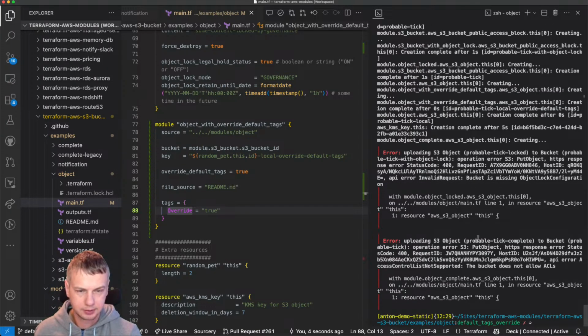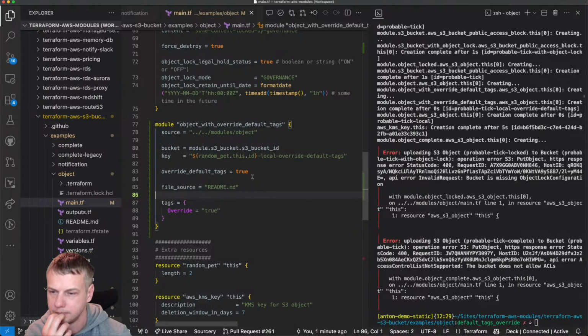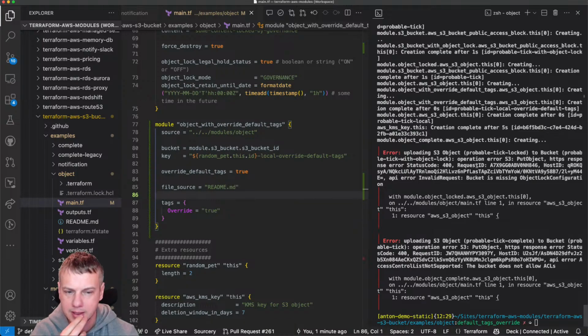What? PutObject: bucket is missing object lock configuration? What is this? It was probably bad timing, right? Bucket is missing object lock configuration.